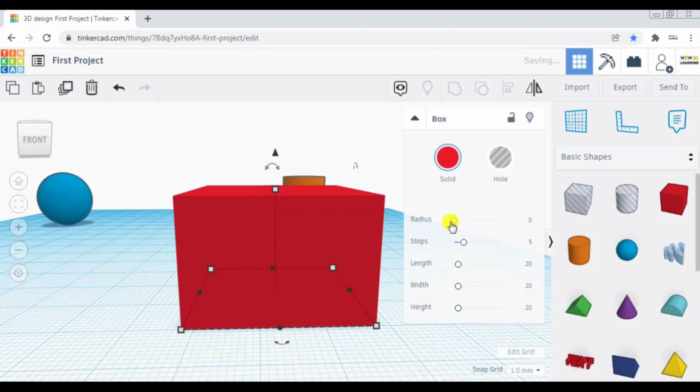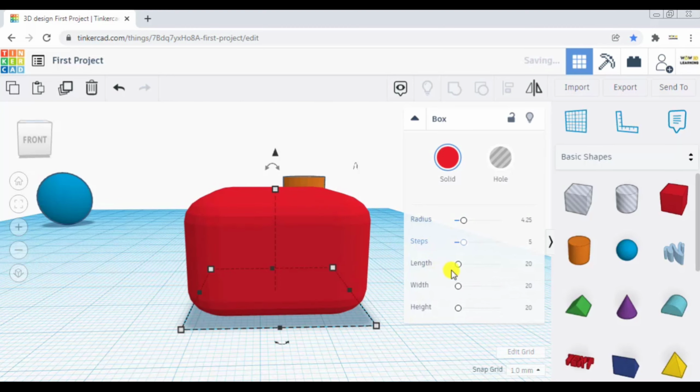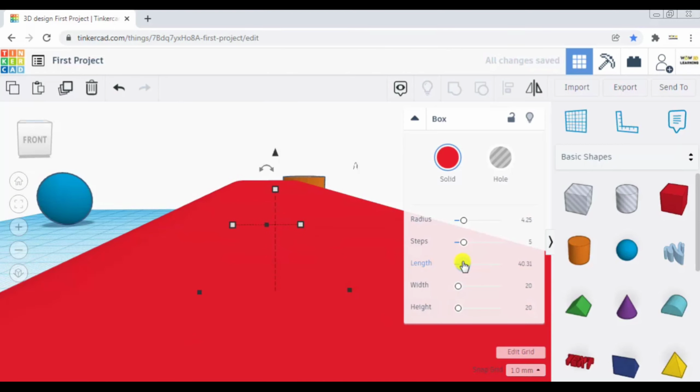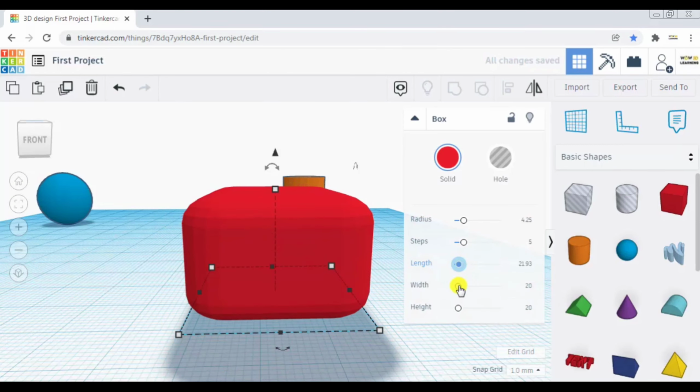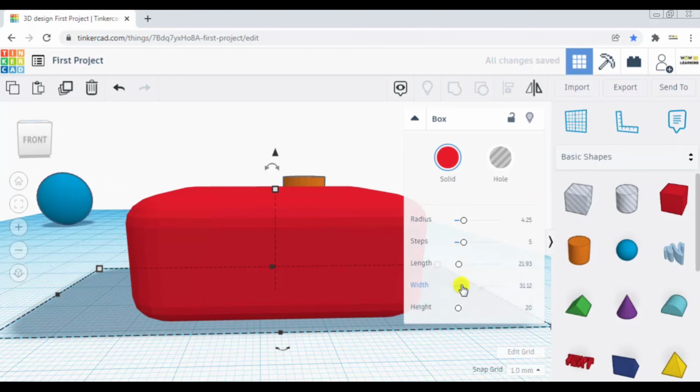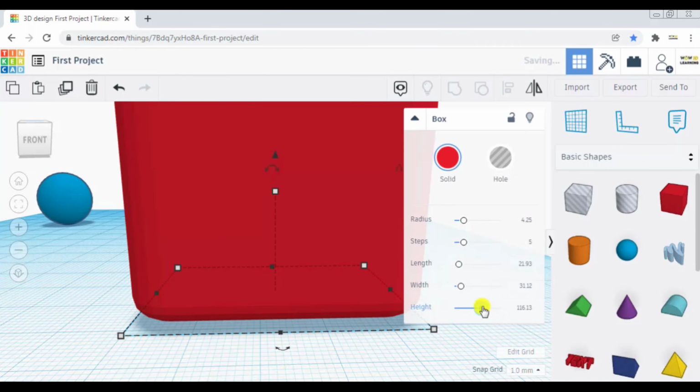Now next option is length, which we have already seen. You can increase the length or you can manually do it by hitting on the white and black node, or you can increase the height. Now in this shape panel, if I go to a home view and let me reduce the height.